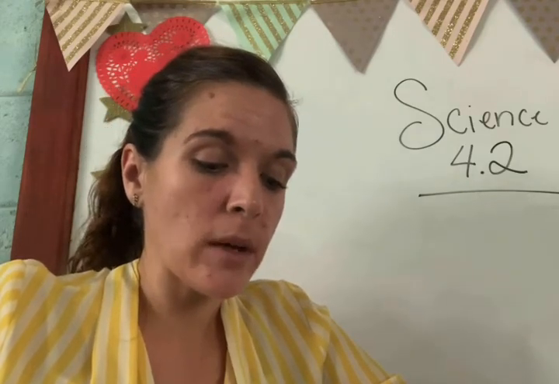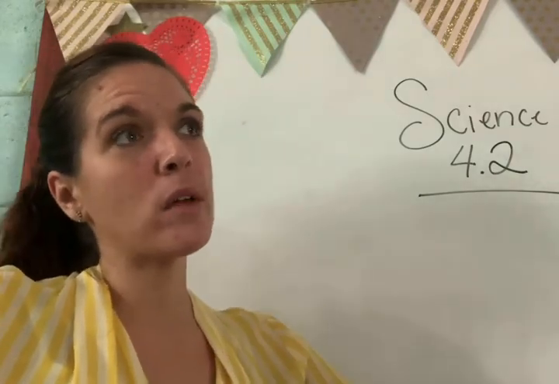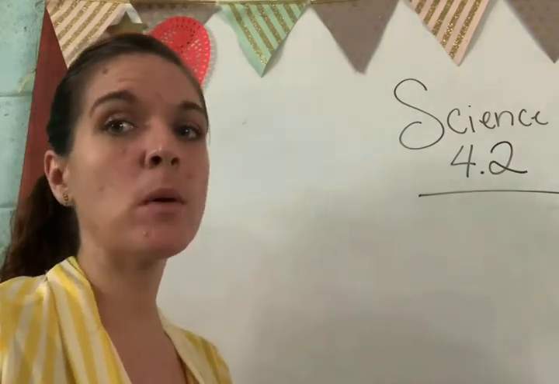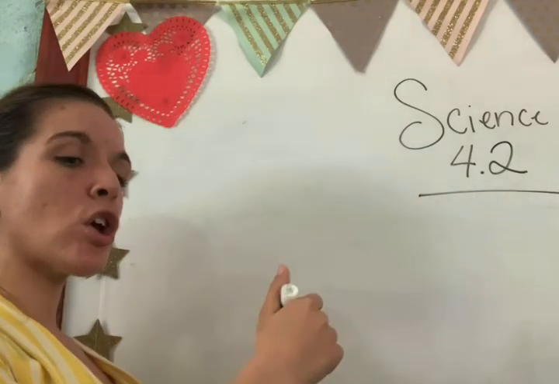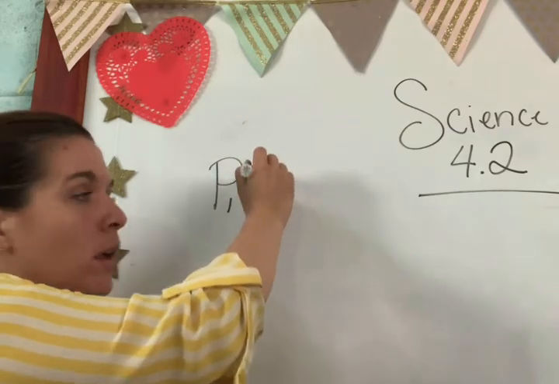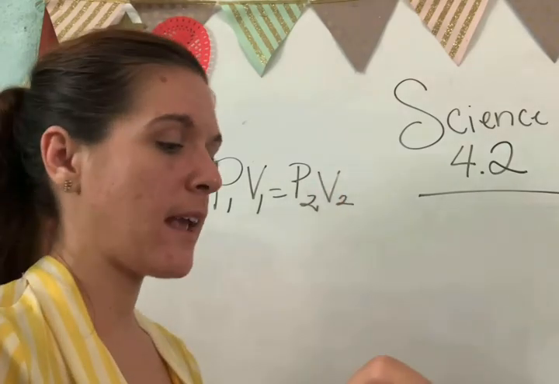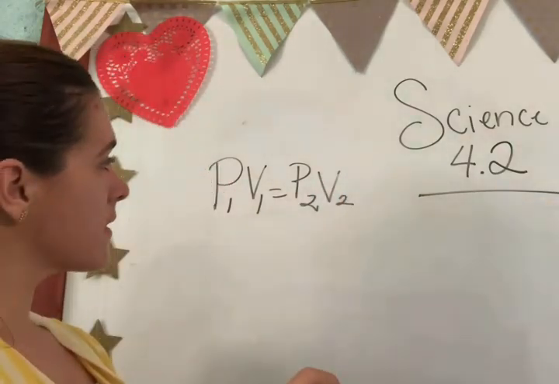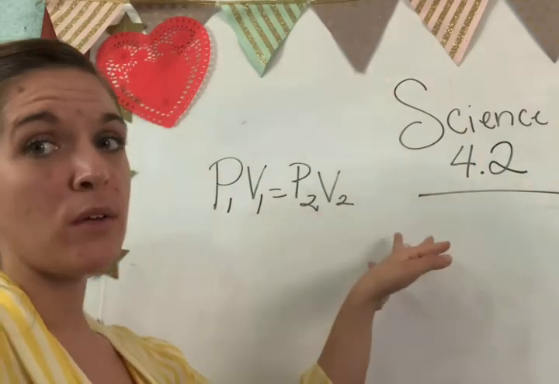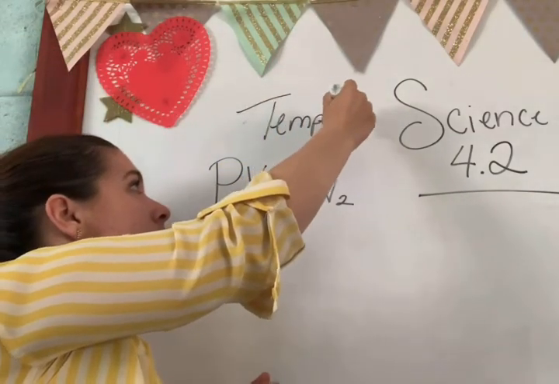So the very first law that we're going to talk about today is Boyle's law. You need to give me 5 sentences on Boyle's law, telling me what it is, telling me what the formula means, and telling me what the relationship is between pressure and volume, okay? Boyle was another Christian scientist. You'll read about him on the next page, okay? He was another Christian scientist who came up with the formula of P1 V1 equals P2 V2. What he discovered through scientific experiments